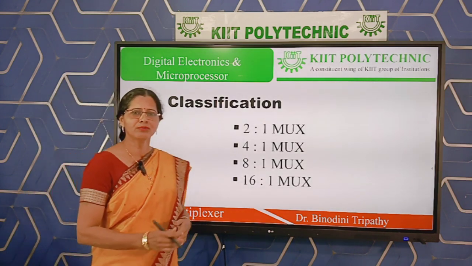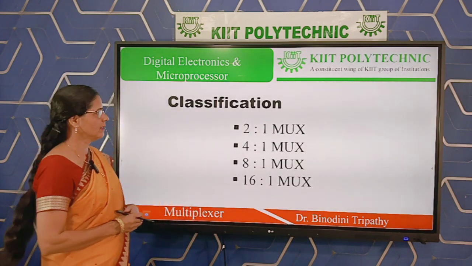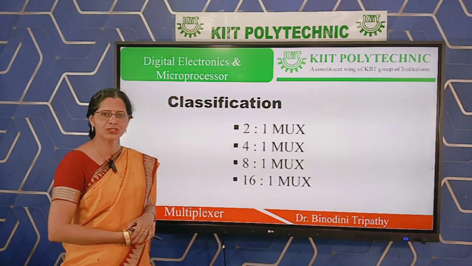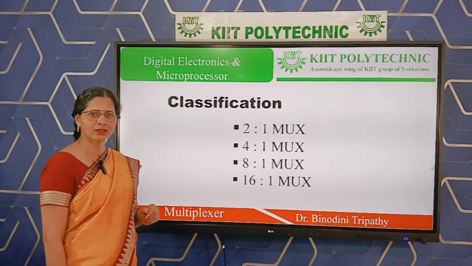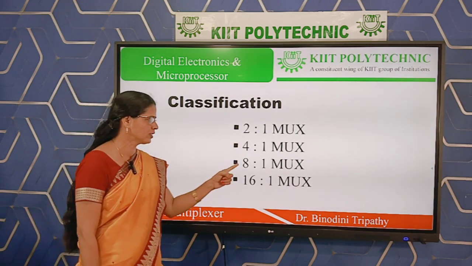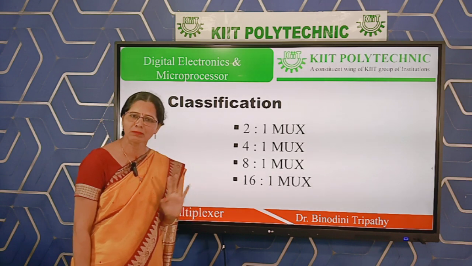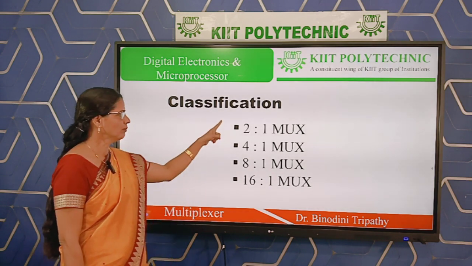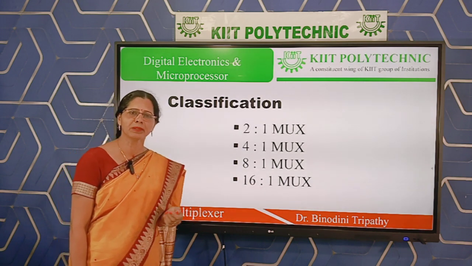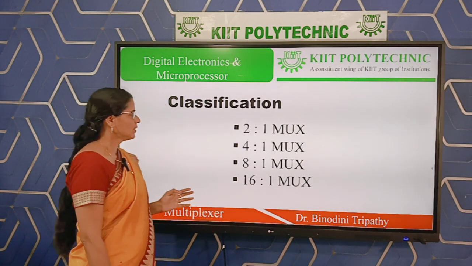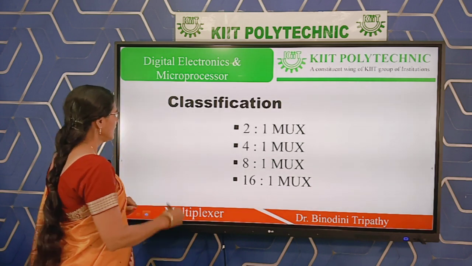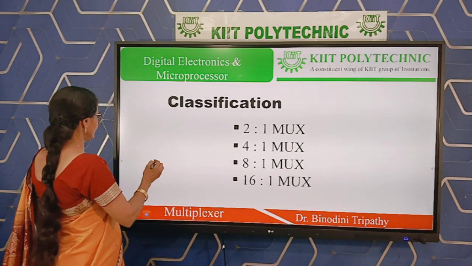Then next our main focus is about the implementation, and basically different types of multiplexers are available. These are some basic categories: 2:1 multiplexer, 4:1 multiplexer, 8:1 multiplexer, 16:1 multiplexer. If you understand only two, all the others you can implement automatically. So first of all we have to know the meaning of this, as per your first slide already,